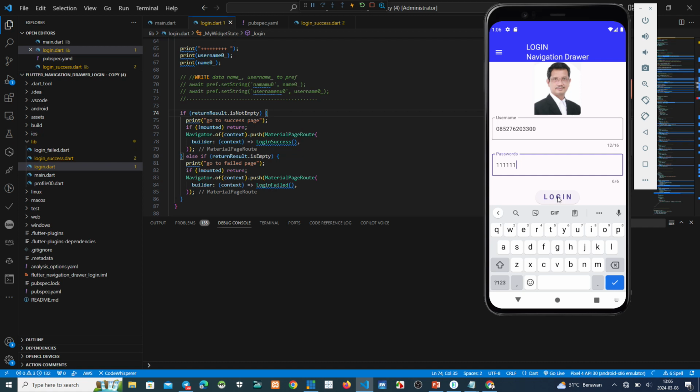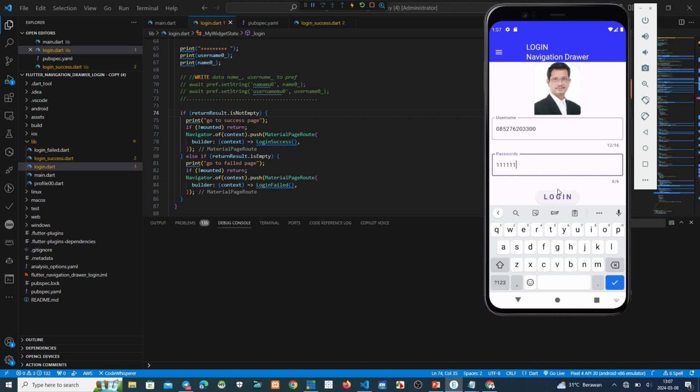Now we click here, login button. Click, we can see the result here and also on the screen. Moment please. Oh, I put it again, maybe.